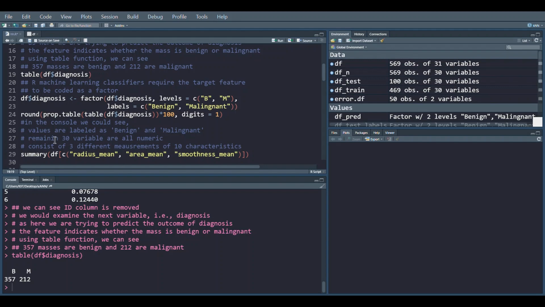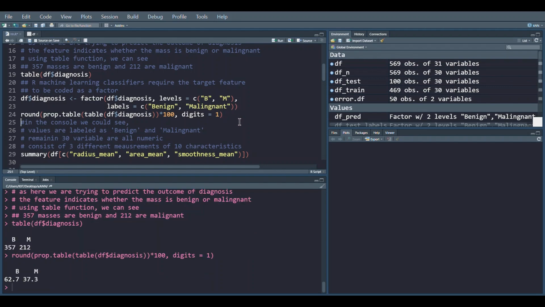Now we will be preparing the data for the KNN algorithm. In order for our machine learning classifiers to work, the target feature has to be coded as a factor. That's why we are running this command under the diagnosis column. We are coding the B and M as factors, and along with that we are also putting the labels of benign and malignant.